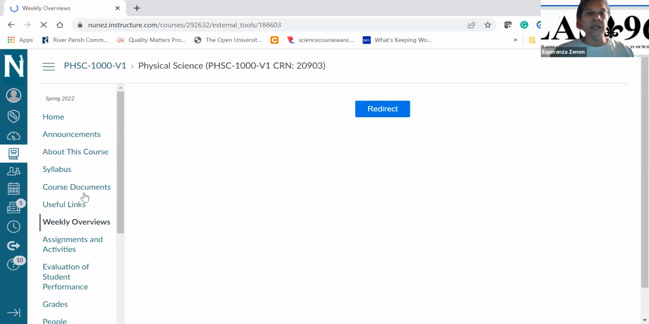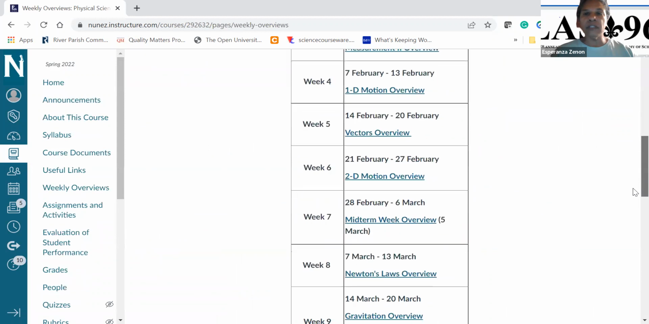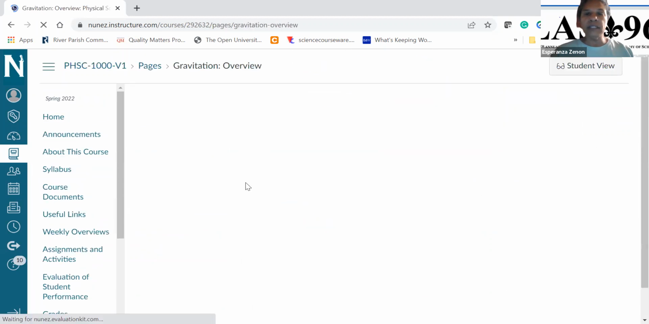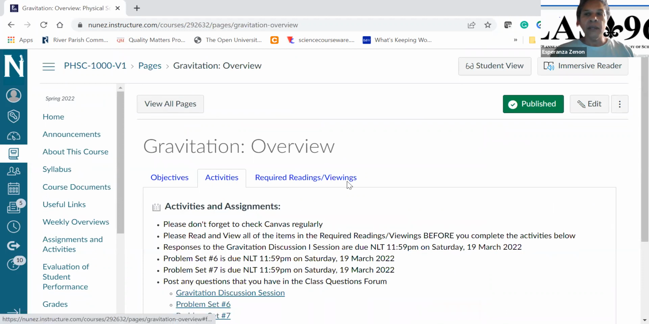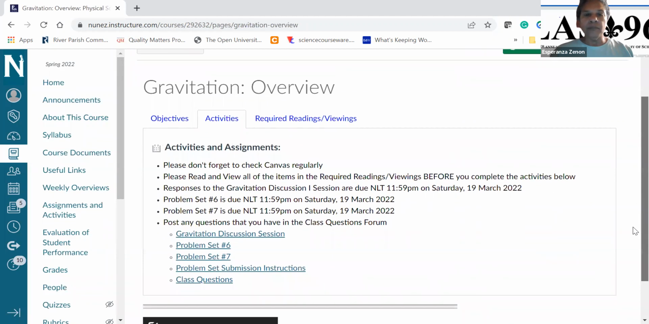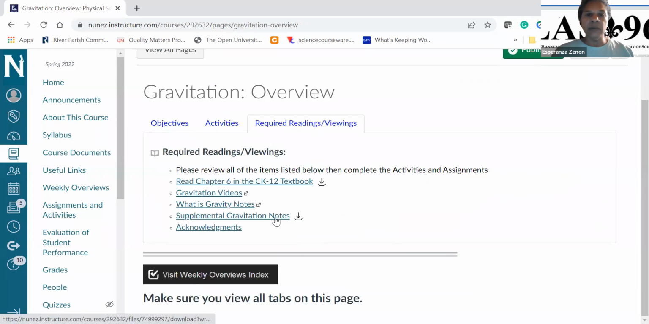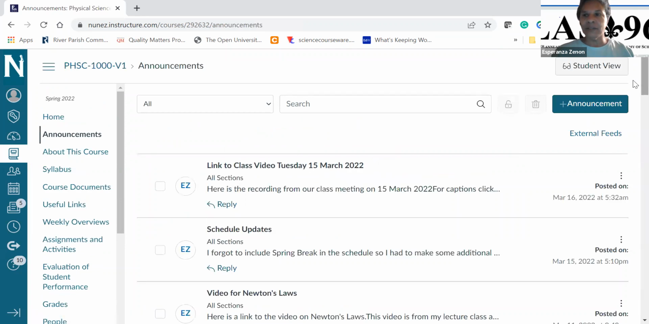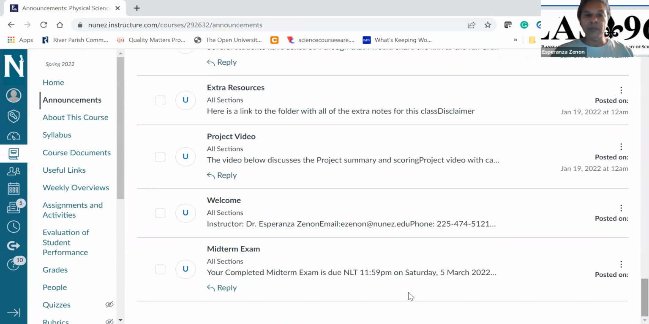All right, so here we are, the weekly overviews. This week, we started dealing with gravitation. I covered the material in the readings and viewings notes. What I wanted to do today was to go out and solve some sample problems with you dealing with gravitation, okay? And so I'm going back to the announcements, and at the